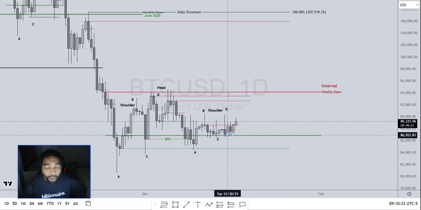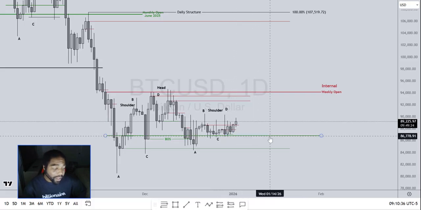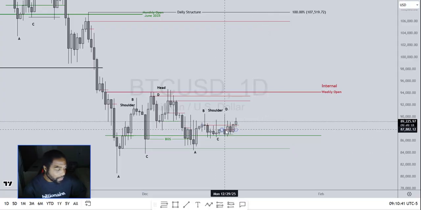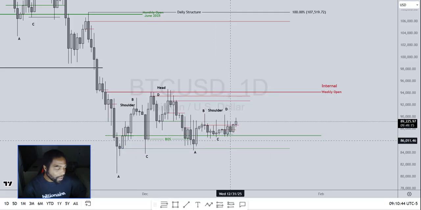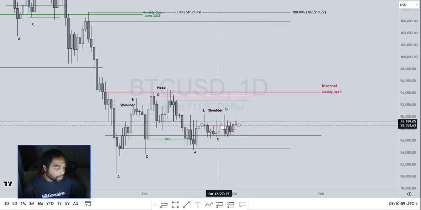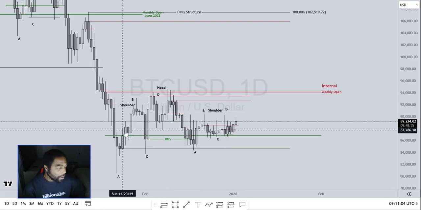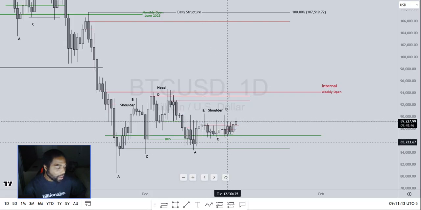What did price do? We understand the higher time frame narrative of price respecting the close of this weekly candle, right? So when price produced this evening star here, we wanted price to produce a bigger, more massive expansion to the downside. Price showed respect, and then we got this bullish engulfing. That was done. So this was basically price establishing and creating a double top for this second shoulder. And then price pushed up into this point B of this swing, showed respect, and then price was supposed to drop,